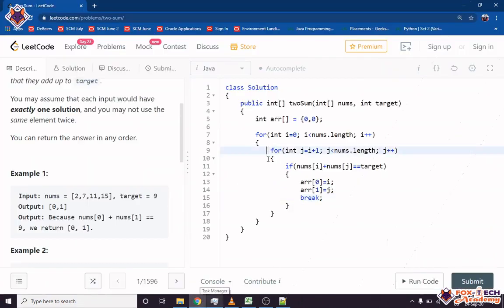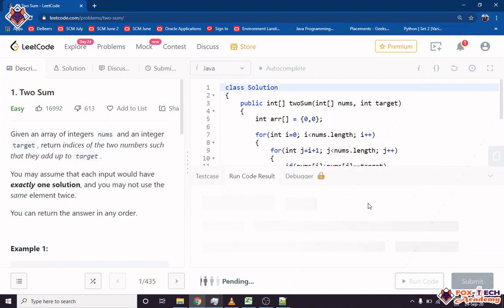It will break this loop, but after breaking this loop, it will start from another. So we will put i as such a value that it will make this condition false. So before break, I will put i is equal to nums dot length, so that next time it will be wrong and it will not work. And after ending this loop, we have to return this array, return array.